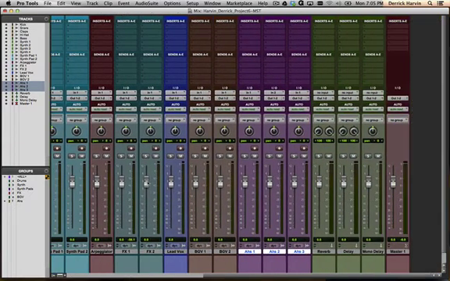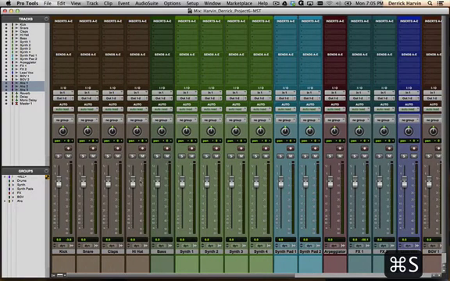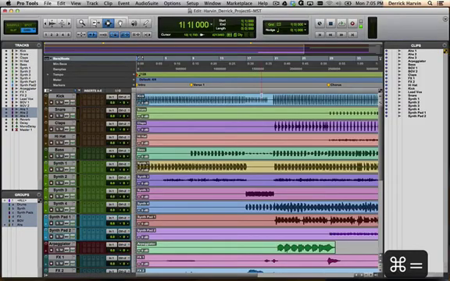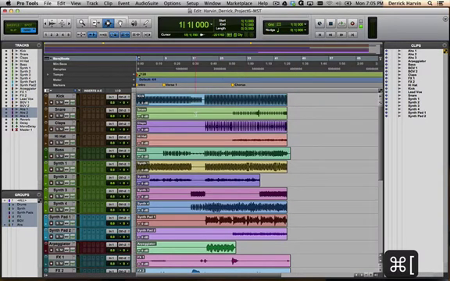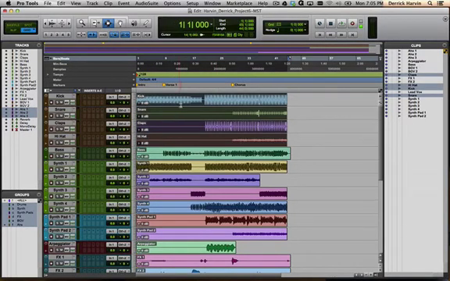Okay, so without going too far off track, let's save our work. Now that we have our groups created, I'm going to turn all my groups on, and let's go ahead and toggle over to the edit window. Now that I have things in a group, my drums, once I click on this, single click on it or triple click, now you see that it color coded or selected all of these clips. Now I can click my color palette